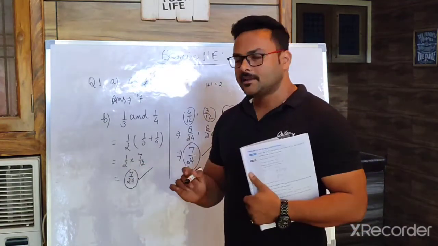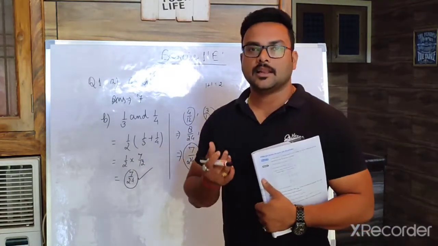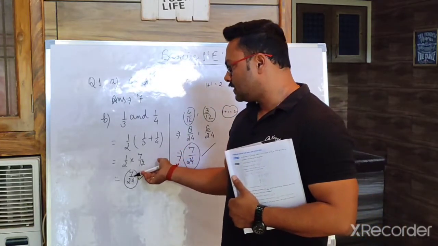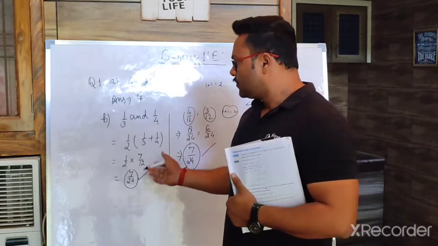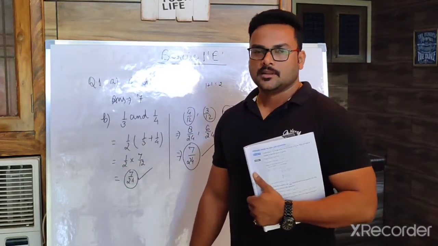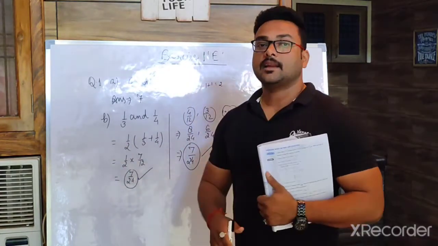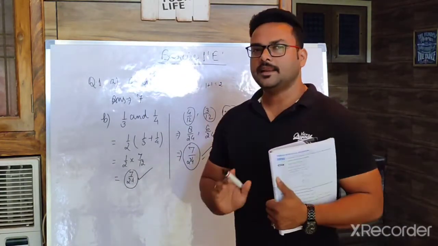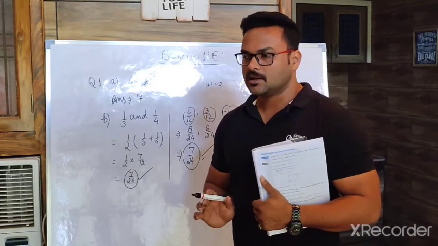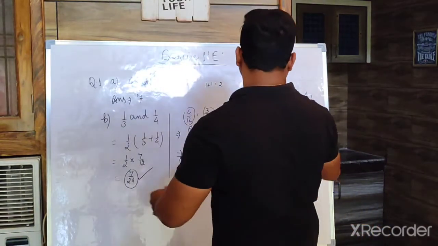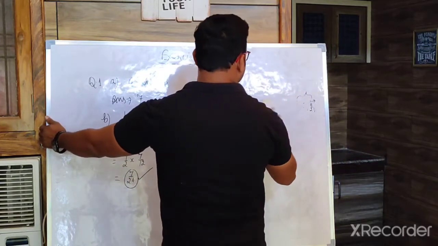So I will expect that if less numbers of rational numbers are asked, suppose 1 or 2 or like that, you can follow this method. But if they are asking more than 3, 4, 5, you can follow the other method very easily. You will get all the rational numbers. So I hope you have understood both the methods. Now we will move to our next question.